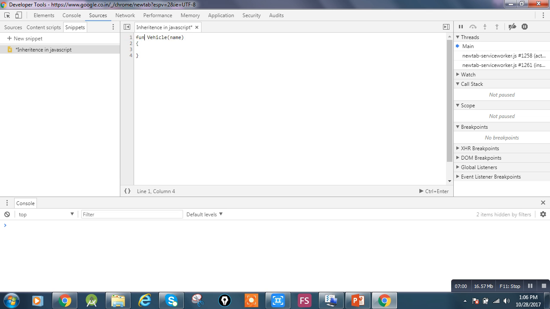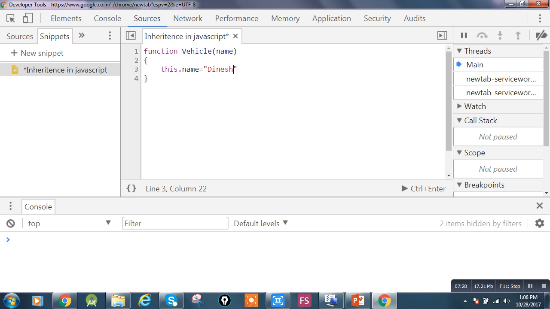So here you can see I am trying to create a vehicle class inside JavaScript, and you have already seen this syntax in the slide. So I'm just typing that one to show you. Let me make it much bigger so that you can see exactly what I'm writing.